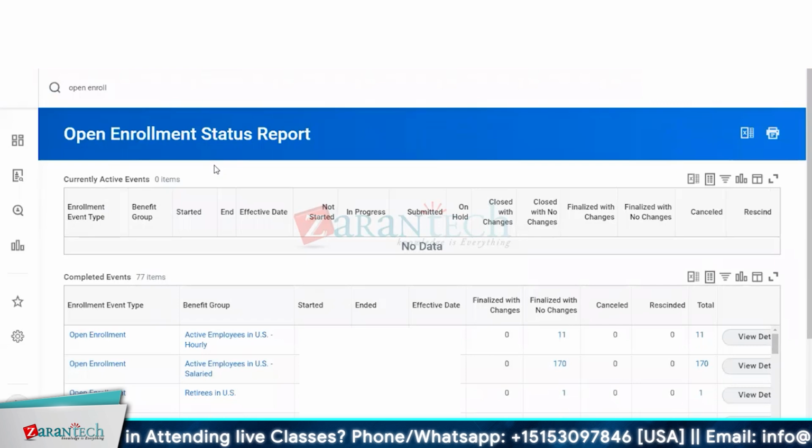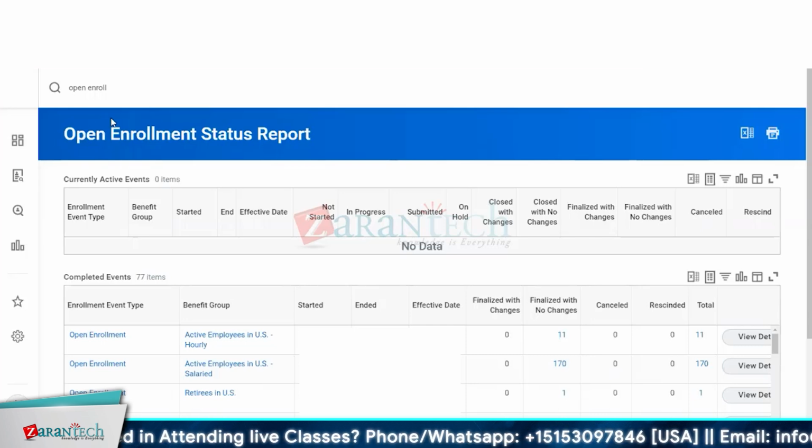All right. Today we're going to talk about a couple things. The main thing among them is going to be the open enrollment: initiating it, maintaining it, and then closing it. It's not a lot of work within the open enrollment, but the preparation for it can be a lot of work. And before we get into open enrollment, there is something in benefits, which we didn't cover yet, is